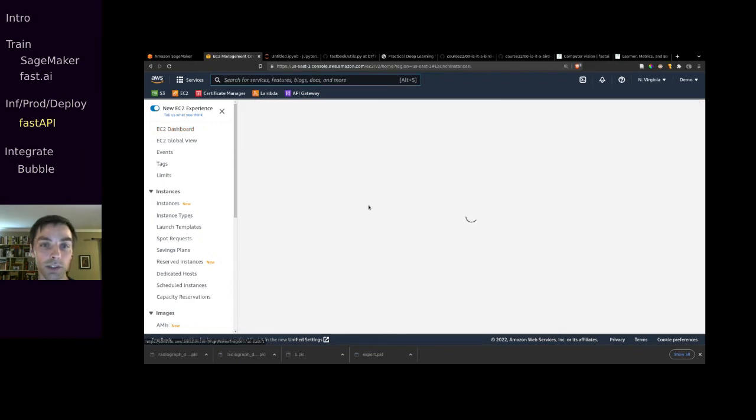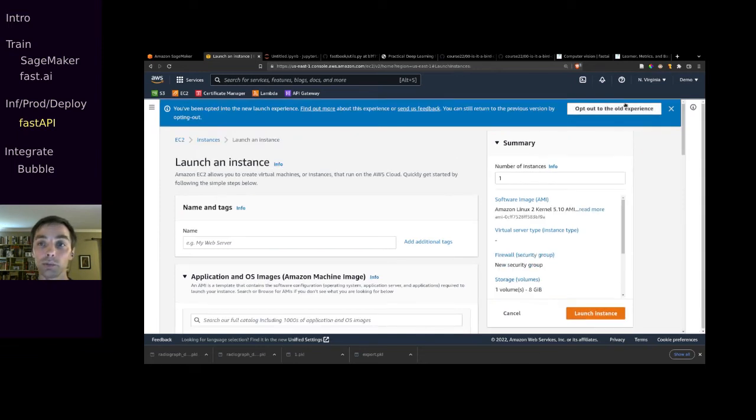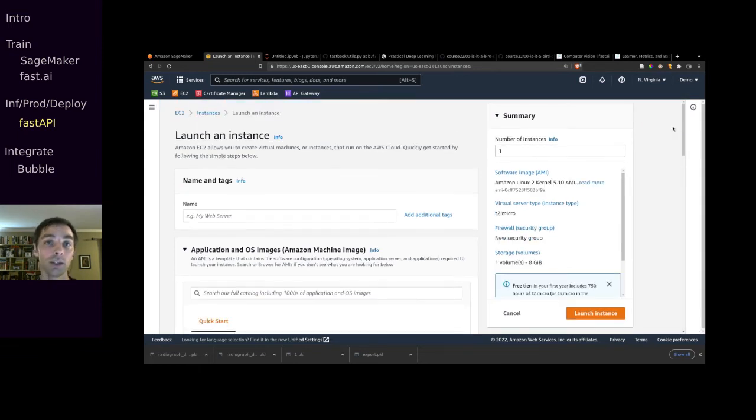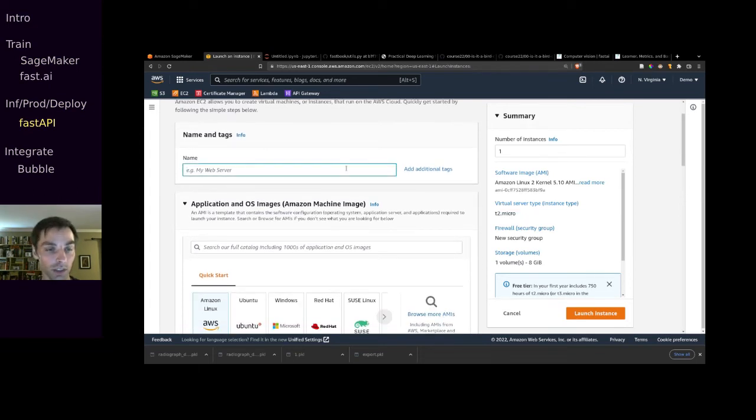So click Launch Instance, and to run an API like this, you don't need a GPU-powered computer like we did for training. Usually a CPU is sufficient for inference, so we're going to use a very cheap and, in fact, free tier server. So if you're still on the free tier on AWS, you can use the T2 micro server by default. So let's say radiograph detector,